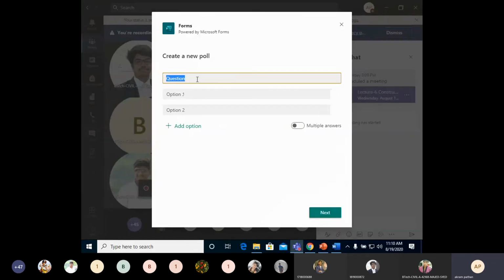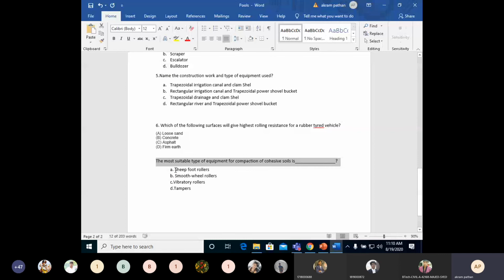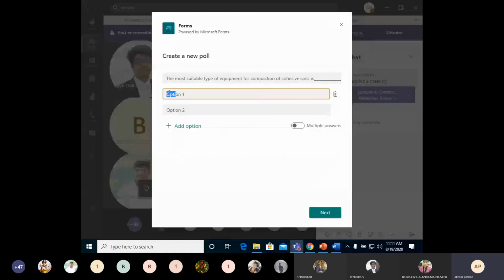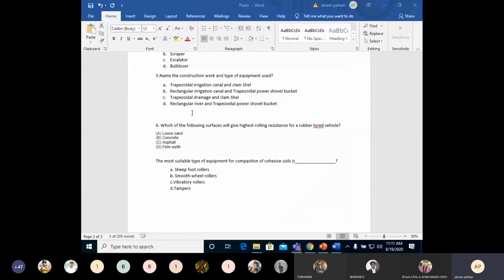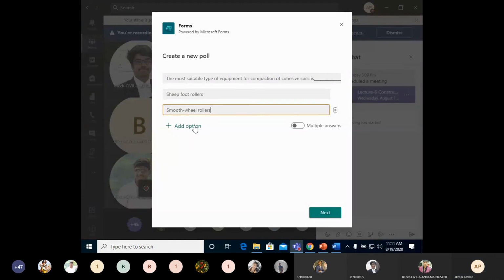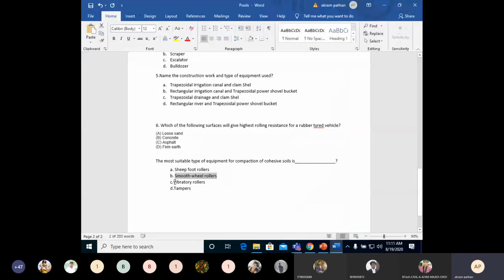The most suitable equipment for compaction of cohesive soil is: sheep foot roller, first option. Second one, smooth wheel roller. Then third option, vibratory roller.